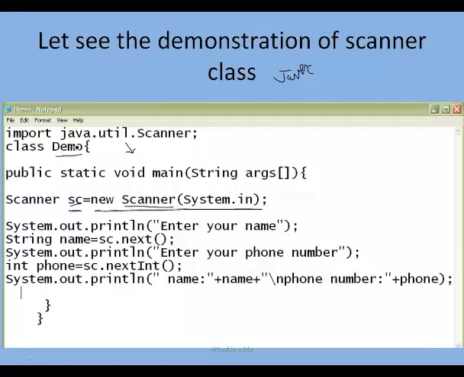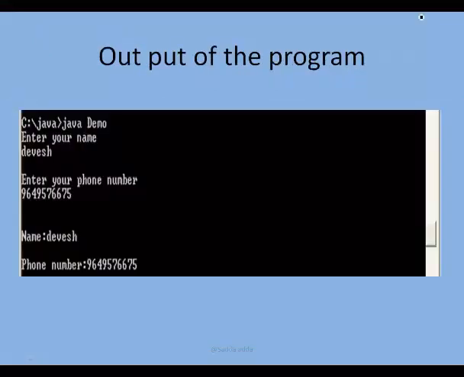I am saving it as Demo.java. So this is Demo.java. When you compile it, then you are going to execute it by writing the statement